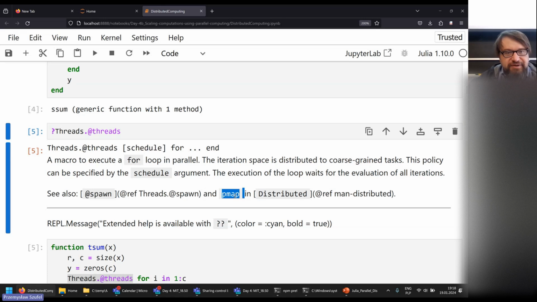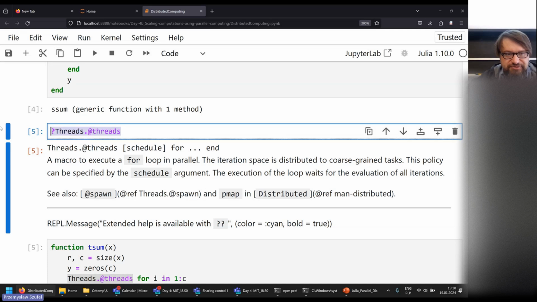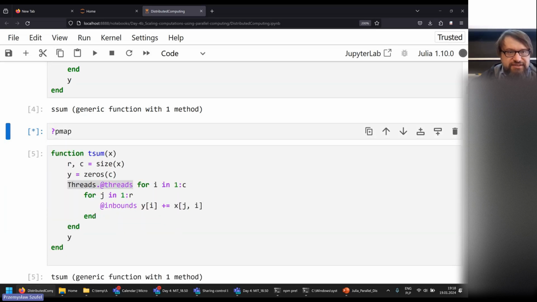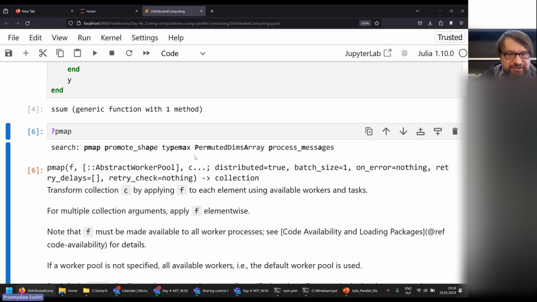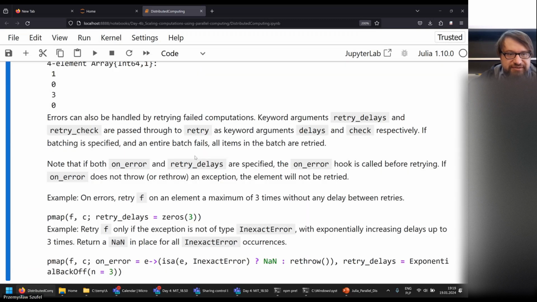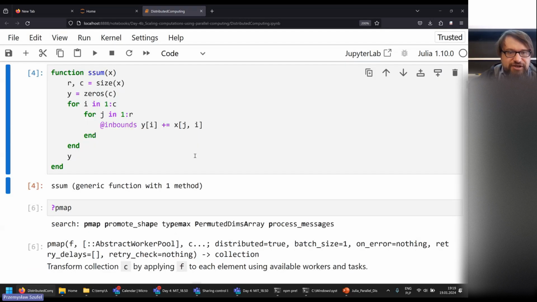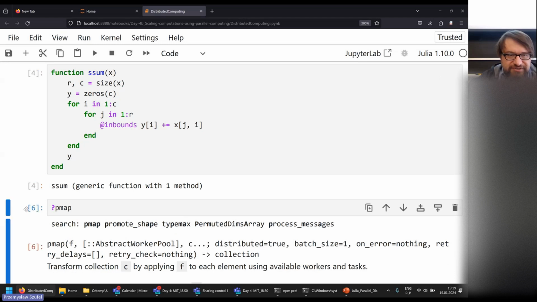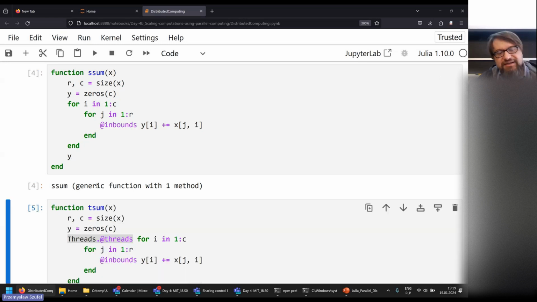I think in pmap those scheduling policies are described. I'm not sure if it's going to show. Let's see if I have in pmap the scheduling policy. They are not. Okay, so I'm just going to say that